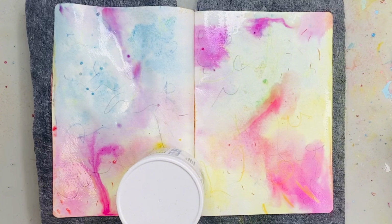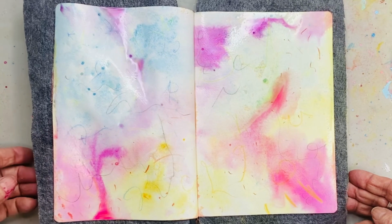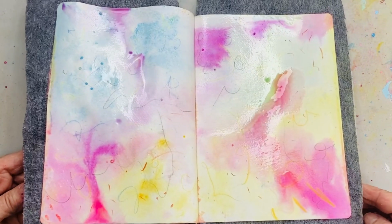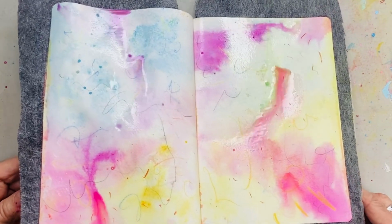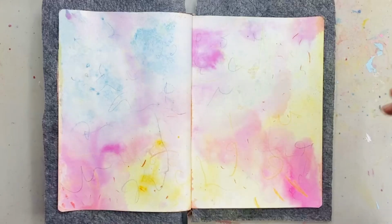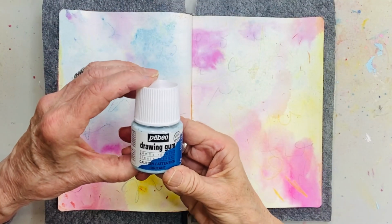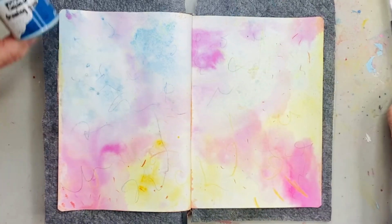You can see a lot of the mark making below there, but it's going to get covered. I love what's happening there. That's still very wet, so I thought, let's see where that flows, and I encourage it by tilting the book. Now it's bone dry. You can see that it flowed and then it disappeared completely, making a very pale background,